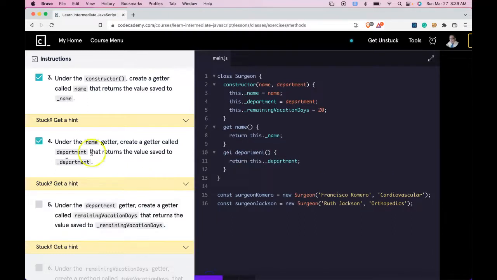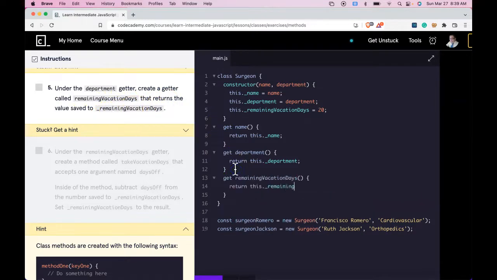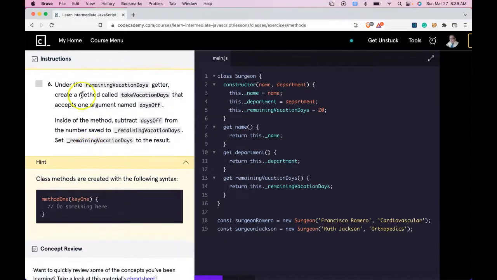Run it. We pass. 5 says, under the department getter, create a getter called remainingVacationDays that returns the value saved to _remainingVacationDays. Let's do it here. Run it. We pass. 6 says, under the remainingVacationDays getter, create a method called takeVacationDays that